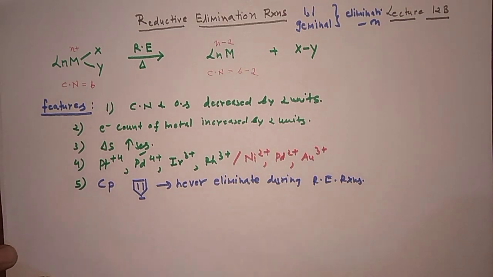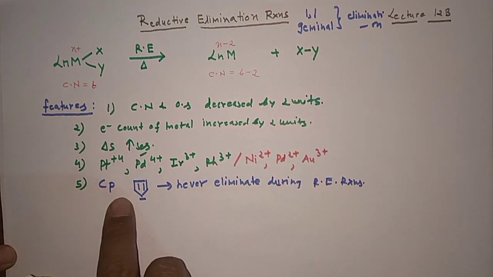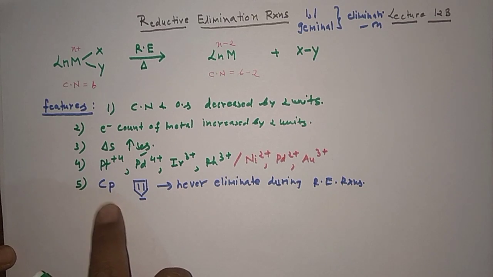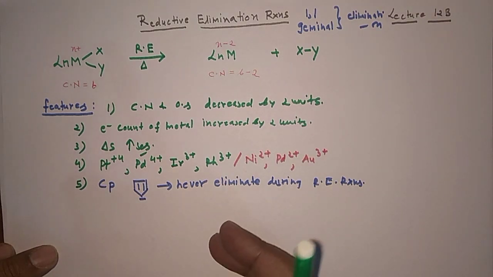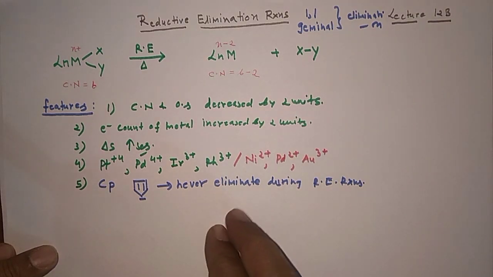of aromaticity and other things if you want to understand the things by your own. But you can remember only this thing also. If Cp is there, then it would be difficult to remove this Cp from any substrate. Okay, so this is something very, very important which you have to keep in mind. And see, if you go for the rate of the reaction, whenever your metal is electron deficient, right, then this electron deficiency will facilitate your reductive elimination reaction. This actually I have already told you.